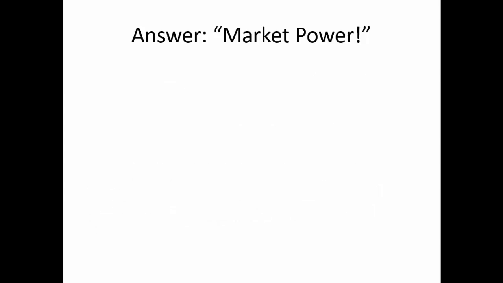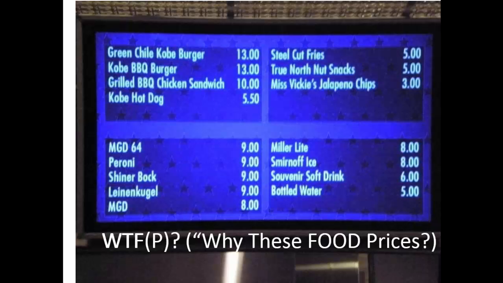But what we really want to get at here is the pure ability of other firms to enter. What makes this stadium food a monopoly is that the team ownership can legally prohibit other vendors from coming in and selling food. Imagine if that weren't the case. You know, you go in there, you're an entrepreneur, I bet you would think, wow, I could get some ballpark franks over at Kroger and some buns. I could get some pops and some Gatorades, take them in there in a cooler, and I could sell hot dogs for $4 and still make pretty good profits. Well, then someone else would say, I could sell hot dogs for $3. I could get some 6 packs of beverages and bring them in there and sell them for $7 or $5. I could sell bottled waters for $2 and still make profit.